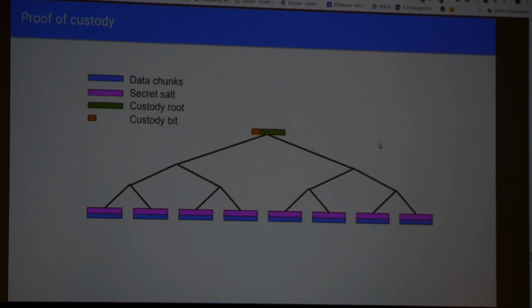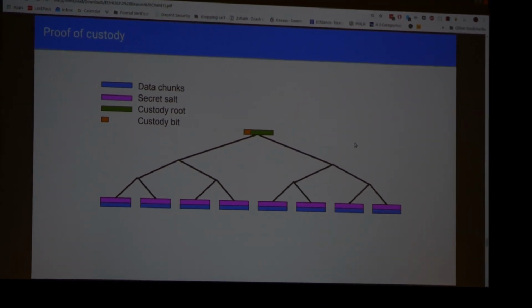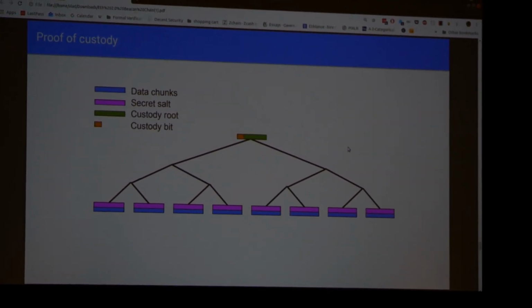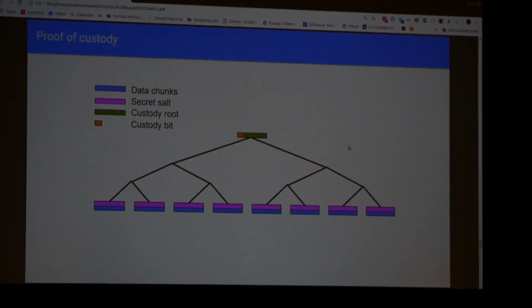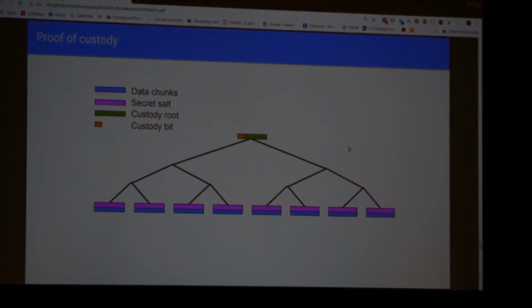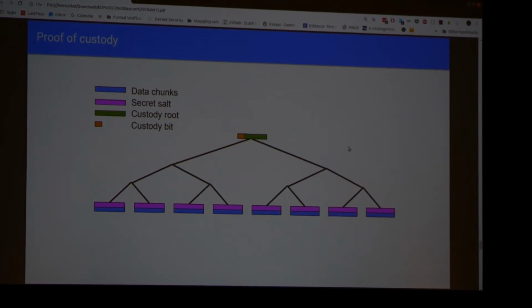So proofs of custody basically are this mechanism where only if you have the underlying data for some block, you can run a computation on that data, generate a new piece of data, commit to the Merkle root of the new piece of data, and later you have to reveal the secret seed that you used to generate the data. Once you reveal that secret seed, anyone else can, first of all, rerun the computation and verify that you did it correctly,